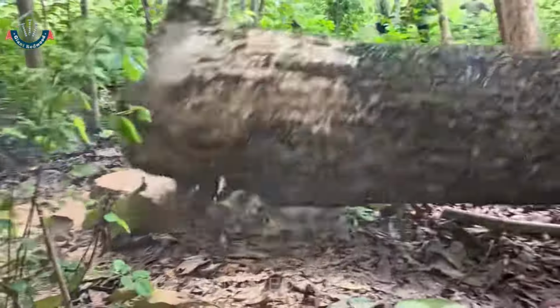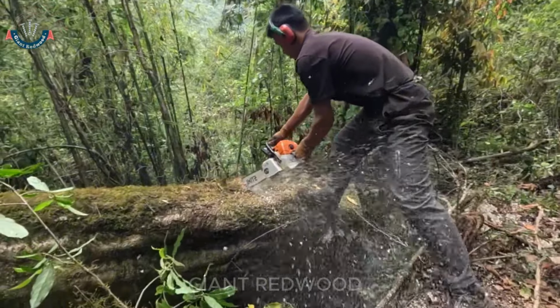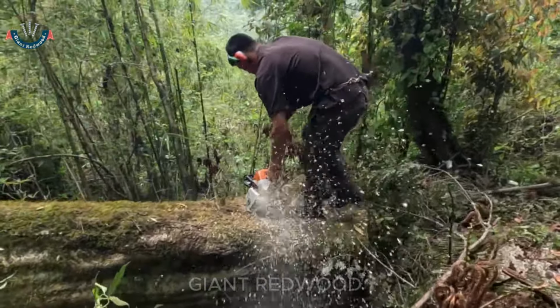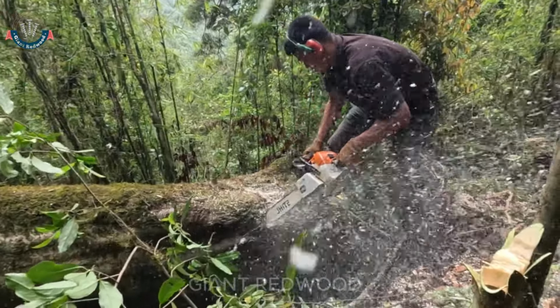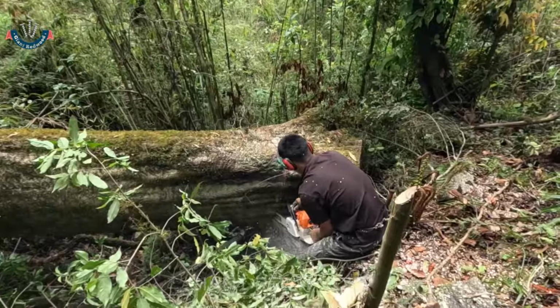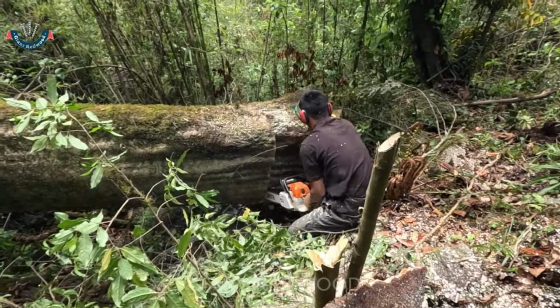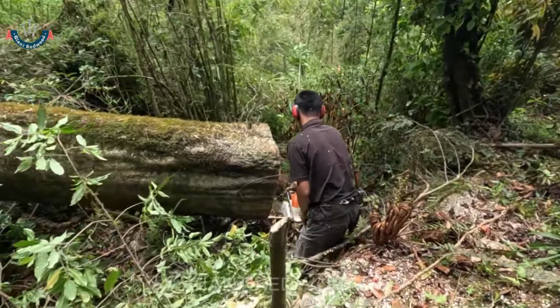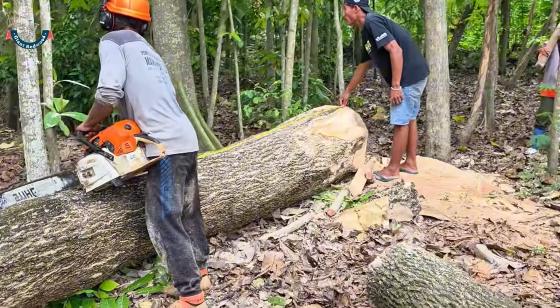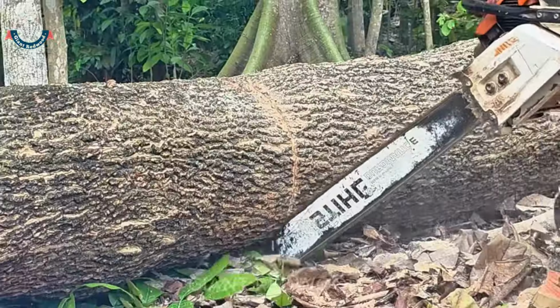After the introduction, the camera shifts to a quiet forest scene. The chainsaw roars to life, its blade spinning at full speed, slicing through the massive tree trunk with precision and control. The skilled operator guides each motion carefully, slowly directing the fall of the tree exactly as planned. The sound of the saw mixes with the rustling wind and cracking wood, as the giant timber finally falls, echoing